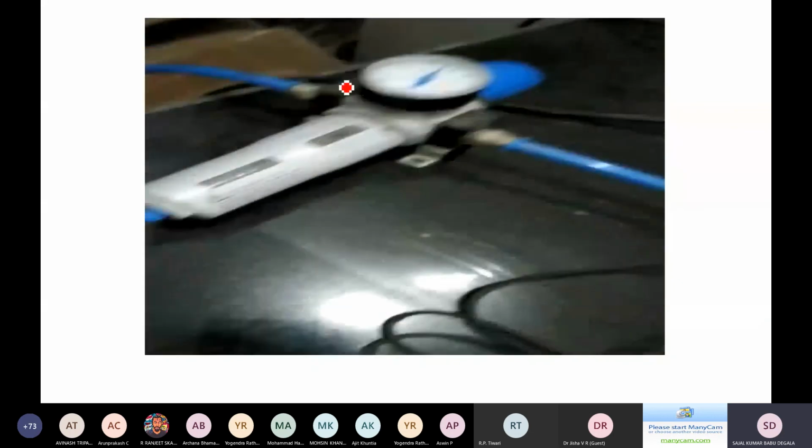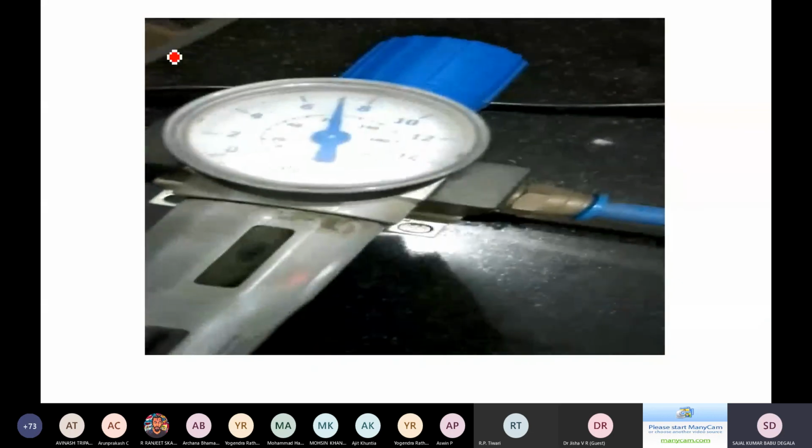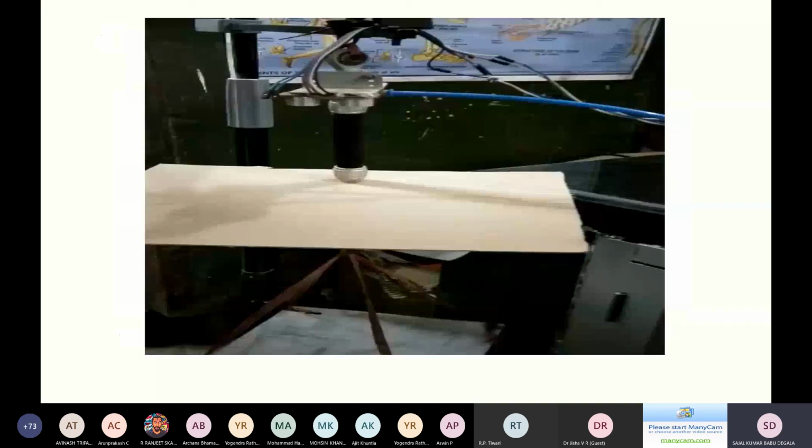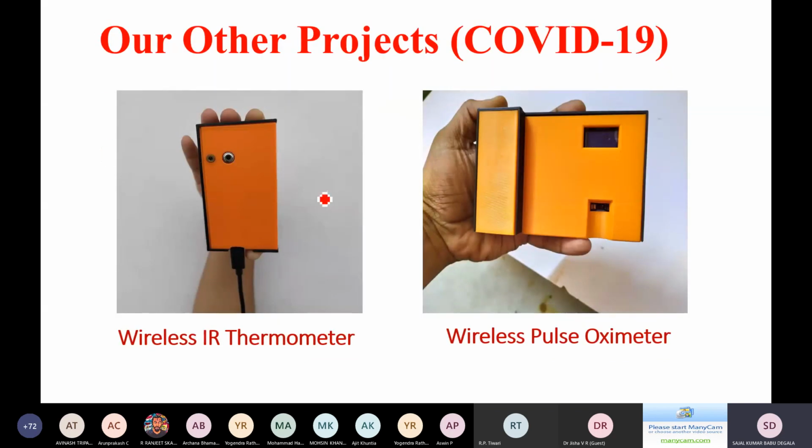Okay, and then this is the pressure controller, and then here we are having a compressor at the side. Okay, so these are the things that we had done. Apart from that, we had done many things, but because of the time constraint, I am not going to explain everything here. And then at the COVID-19 time, we had also worked to develop some devices,